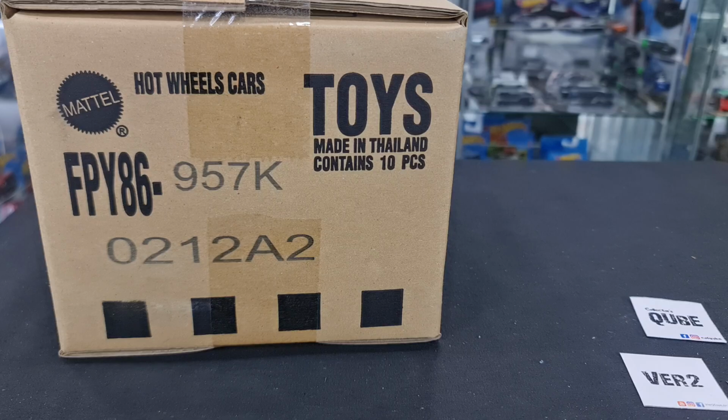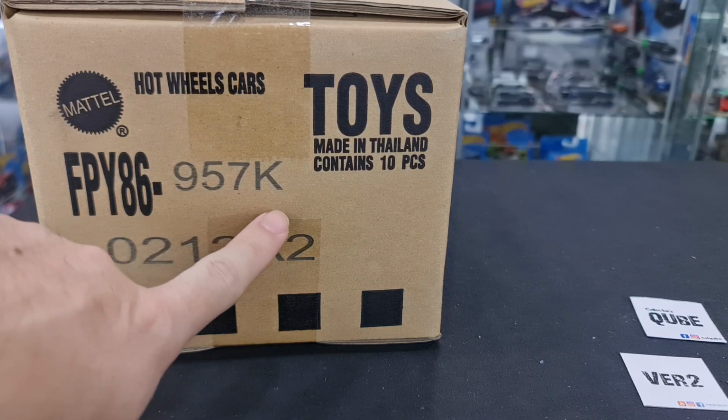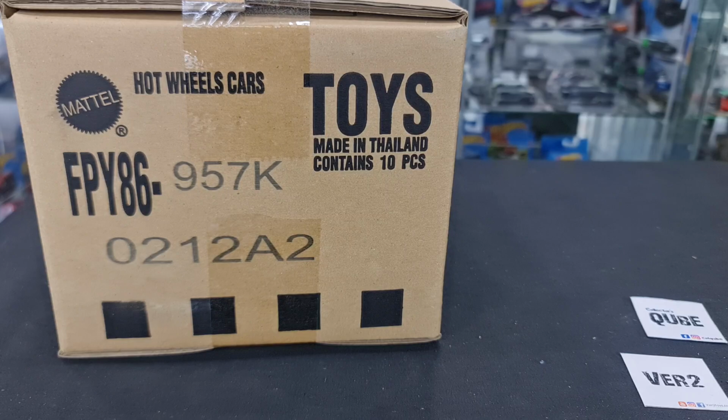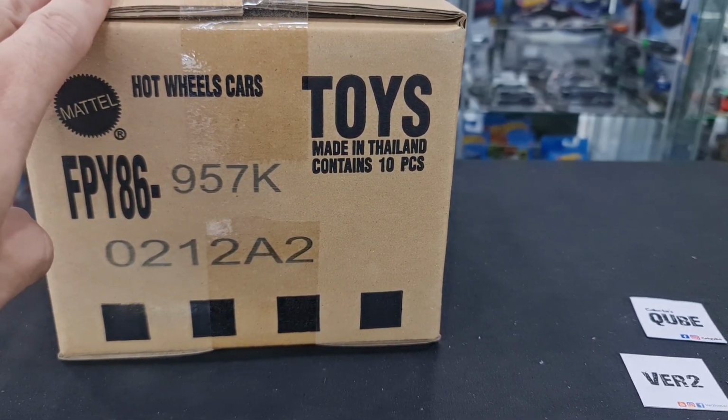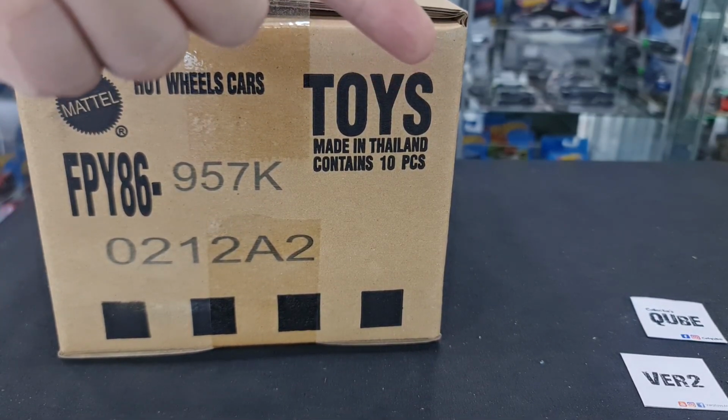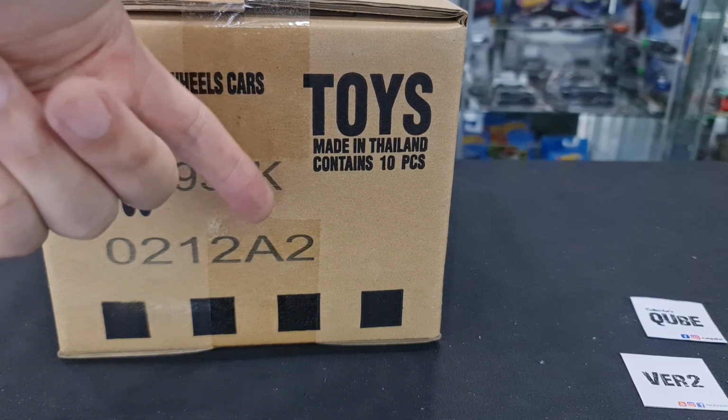Okay, this time around I want to show you the latest release from Hot Wheels, the Car Culture series FPY86 Wave K. So this is the latest Deutschland design. This is actually the second release. The first release for 2022 is for Car Culture. It's actually American Scene, that was wave J, so this time it's wave